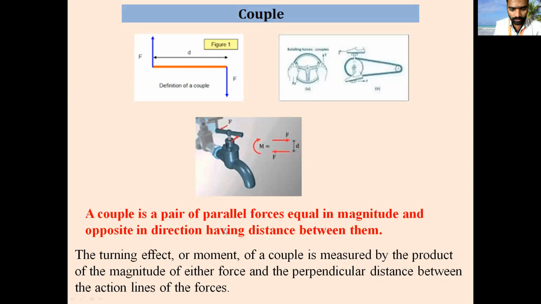Now you are looking at the figure. Is this a clockwise couple or an anti-clockwise couple? Clockwise. One force is going upward, one force is coming downward. The effect is that it is going to rotate like this. Correct, so this is a clockwise couple. This is the distance between these two forces, one coming downward and another moving upward, but they are equal in magnitude, separated by a distance d.